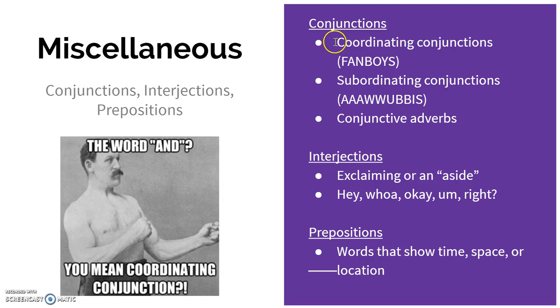These are important because they affect sentence types and what kinds of clauses are happening, because remember, fanboys can help join 2 independent clauses, subordinating ones can help kickstart a dependent clause, etc. Conjunctive adverbs are some of those transition words that can go next to a semicolon and help join 2 sentences. For example, if I say a sentence, semicolon, however, comma, and then I launch my next sentence, that's been used